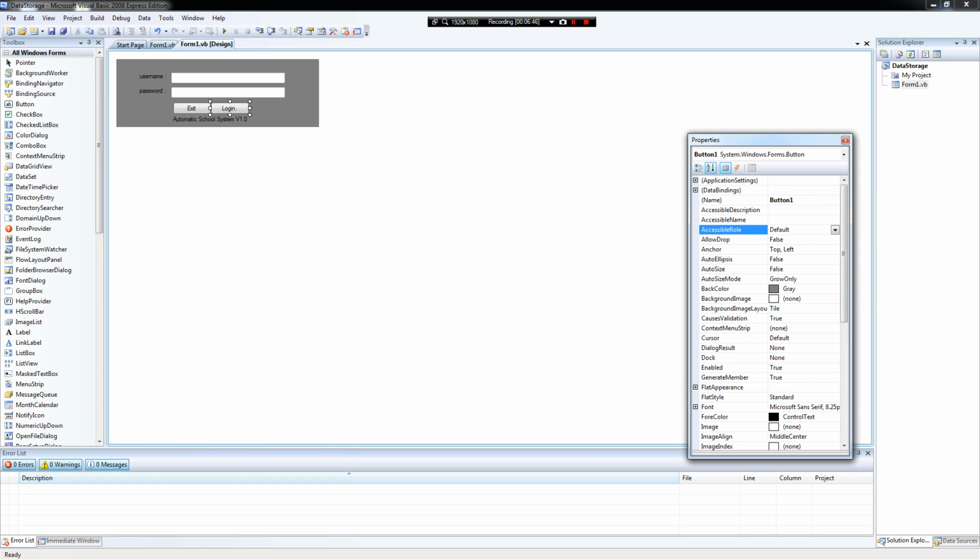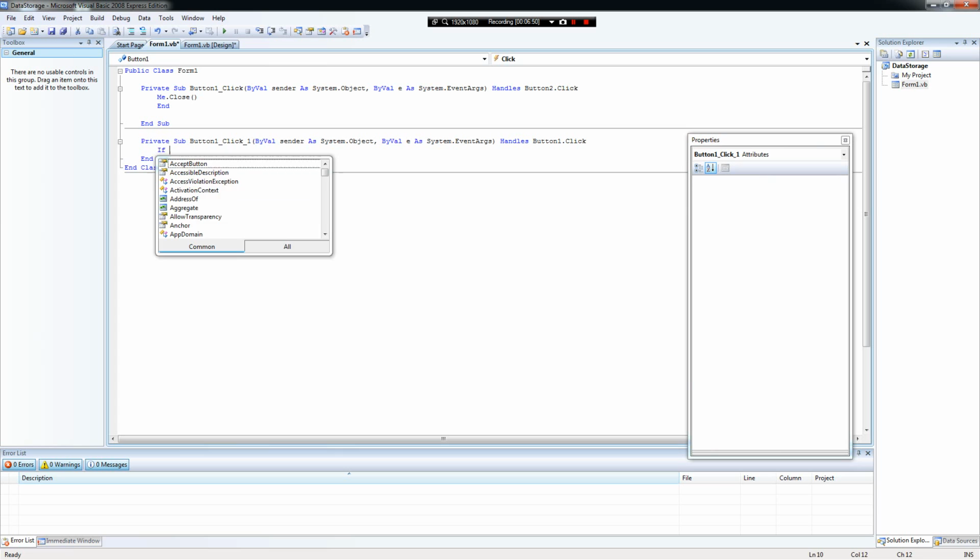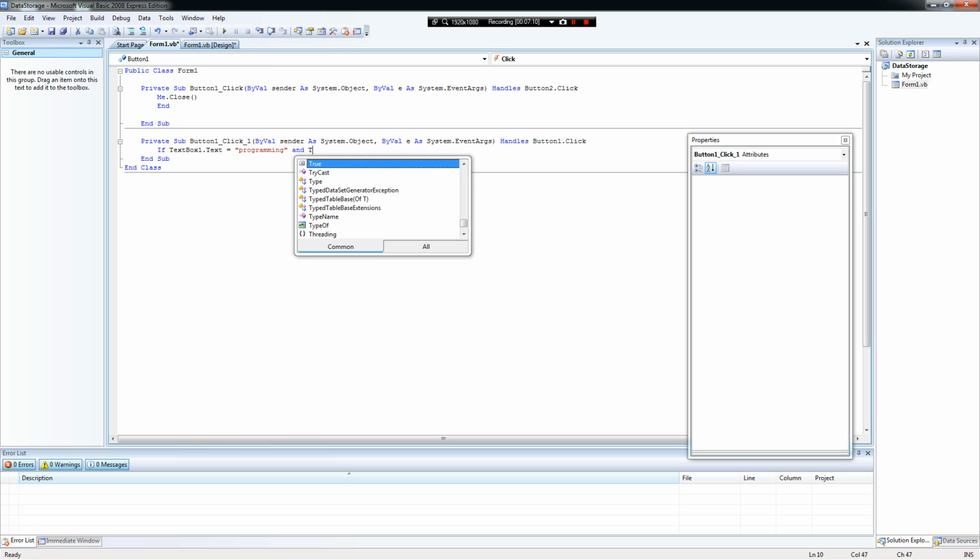So if you double click on login, and you type in if TextBox1.Text equals, in the speech marks you can do anything. So I'm going to use programming, and TextBox2.Text equals team, then